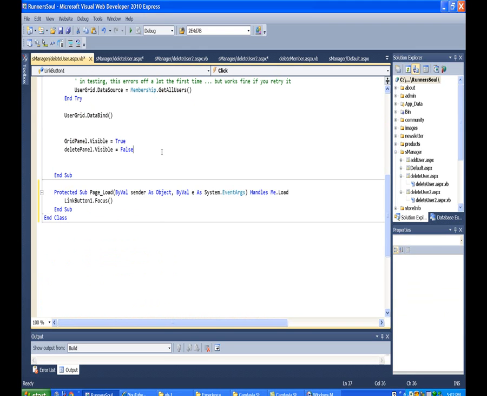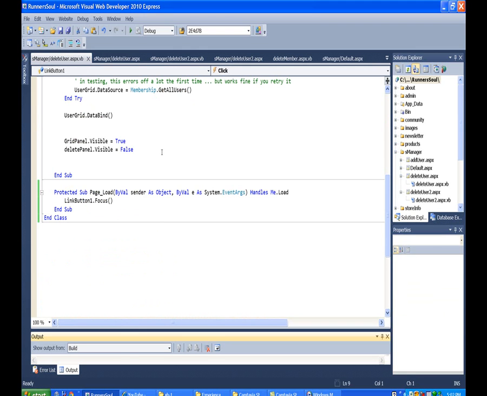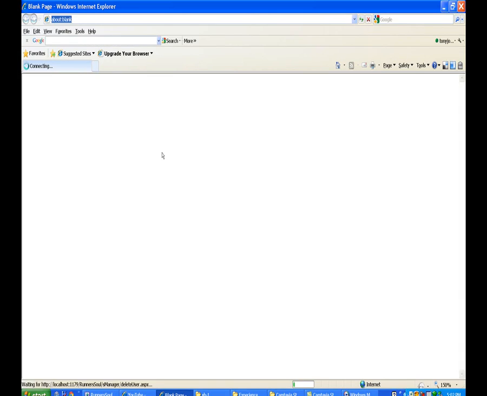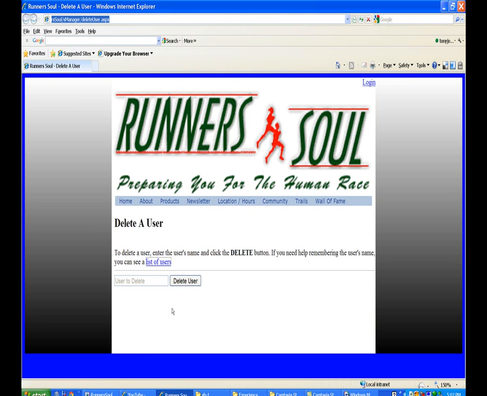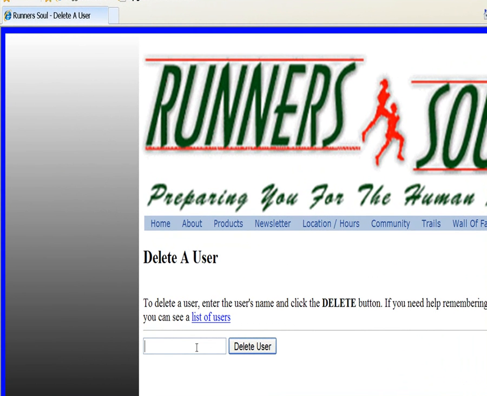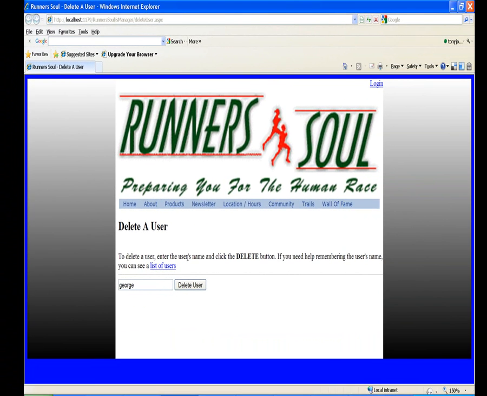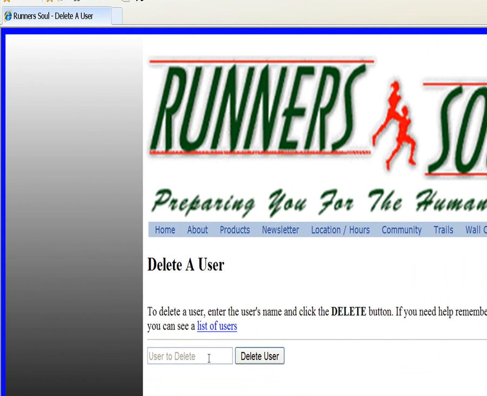So let's run this and show you what we've accomplished with this. Now you notice it says user to delete in here in light gray. And if I click in here, that goes away, and I can put in whatever I want to put in. And if I click someplace else, it goes away. Let's reload the page. This says user to delete. If I click in here, it goes away. If I click off of that, you notice it pops back. If I don't type anything,